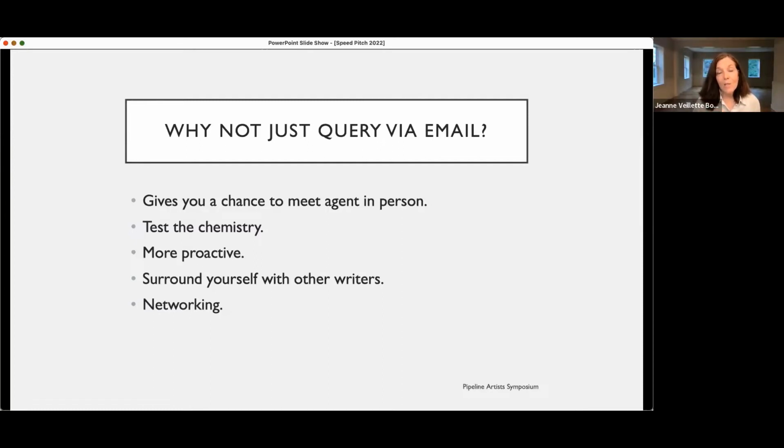So I like that. They're either going to pass or they want a submission. But one of the other things that I love about them is they're usually wrapped around a writers' conference. And I love being around other writers. It's the energy that you get. It's really inspiring. You come home from those events just excited to sit back down and get to the keyboard